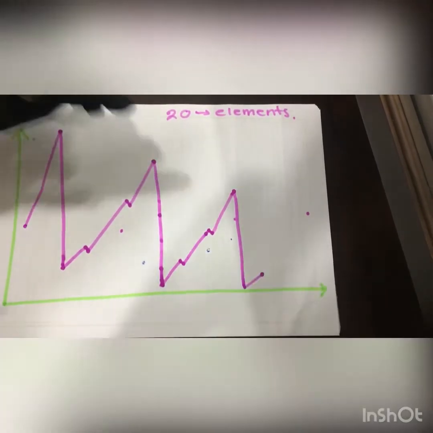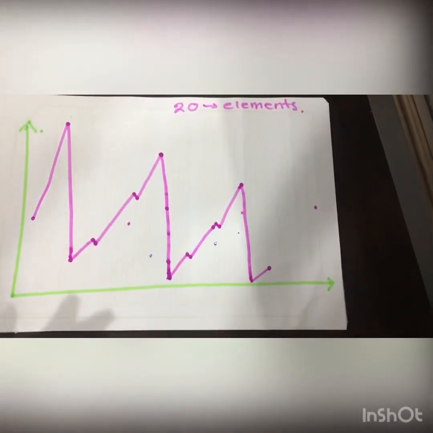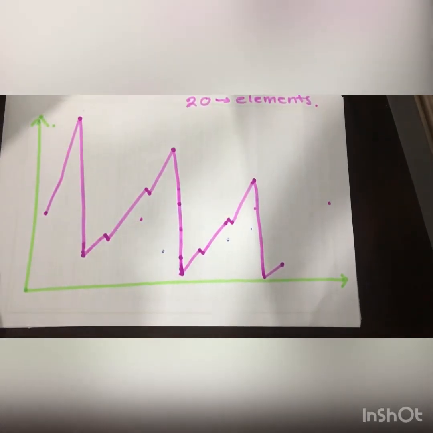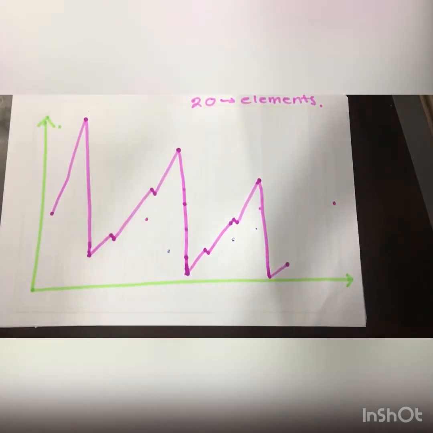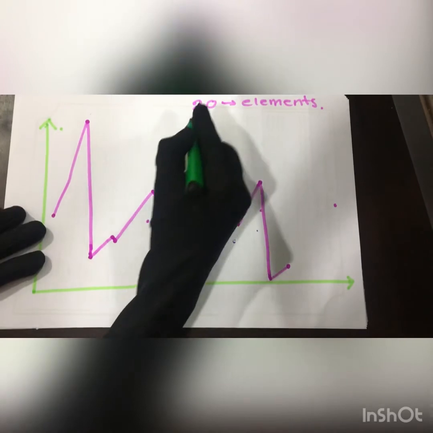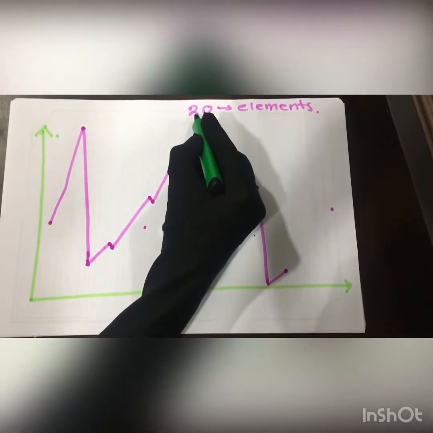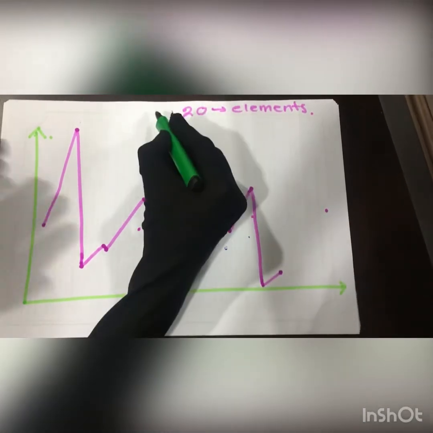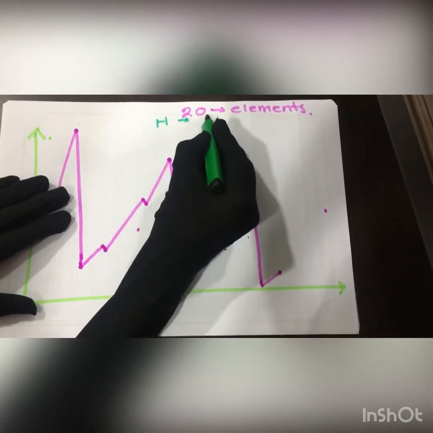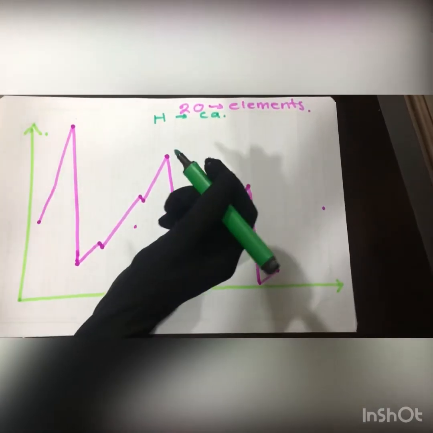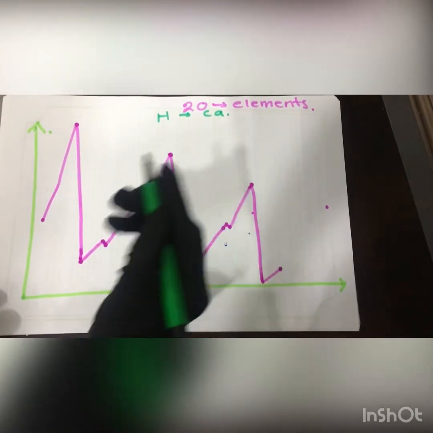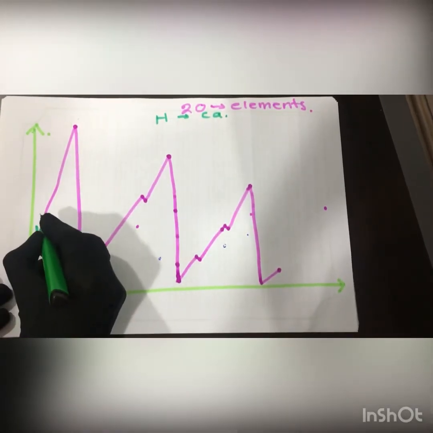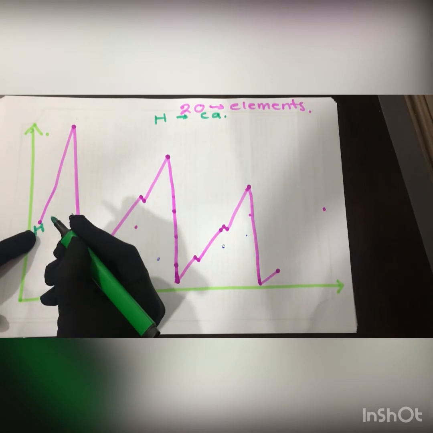Then here we are stopping, because now I have given for everything. Now I will explain you all. It is like this. You know the periodic table, I have taught you all the elements that are present in the periodic table from hydrogen to calcium. Here we are starting with hydrogen.